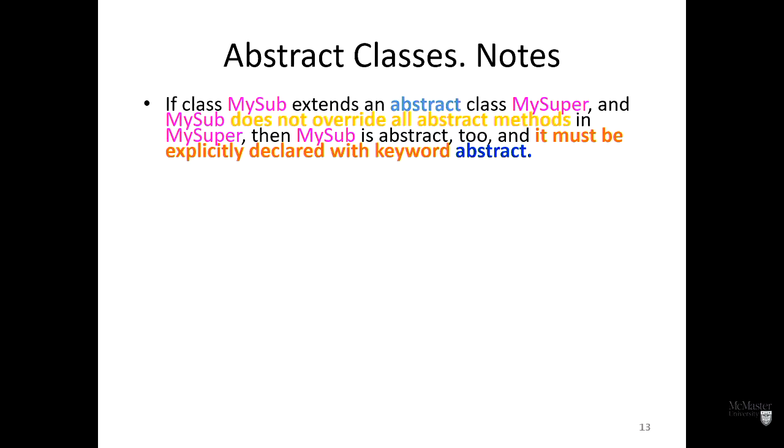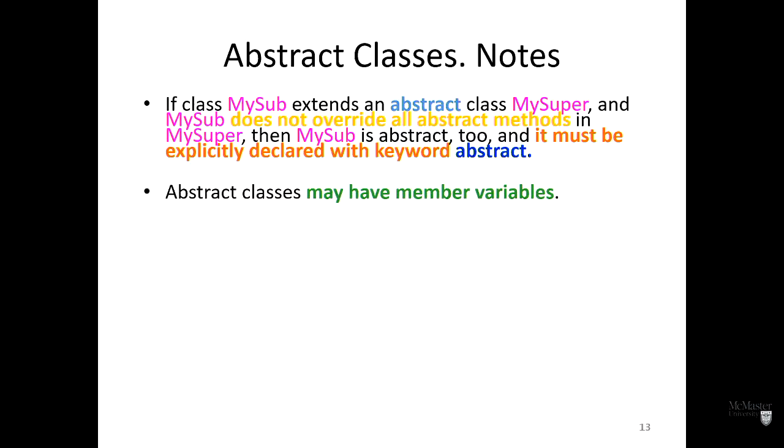So we already discussed this. If you are a child of an abstract class and you don't implement all the methods that are declared abstract in the parent, then you have to be abstract as well. Otherwise, you can be a concrete class if you define everything. The other important thing, and this is an important difference between abstract classes and something else we will discuss at the end of this lecture,